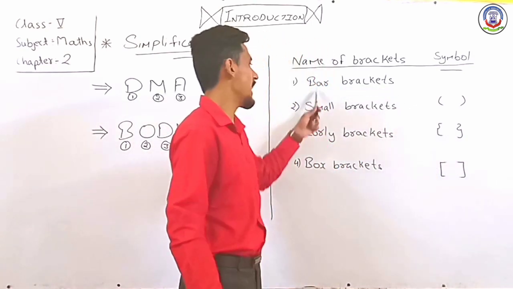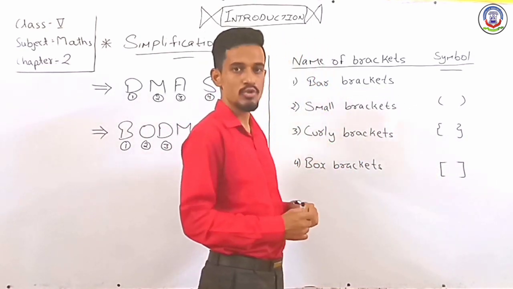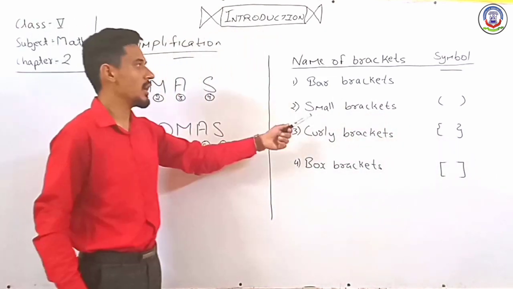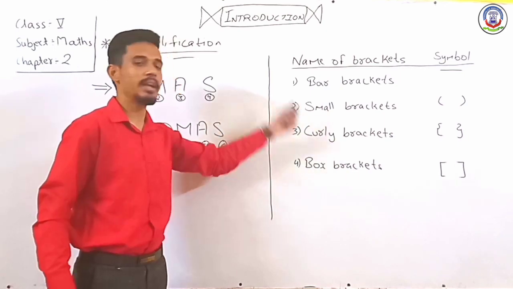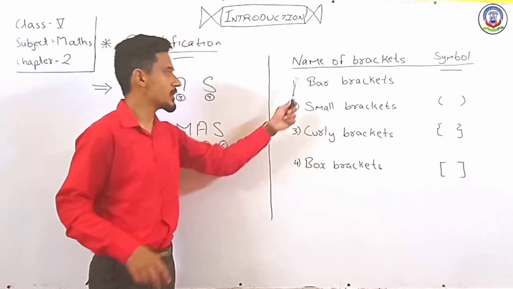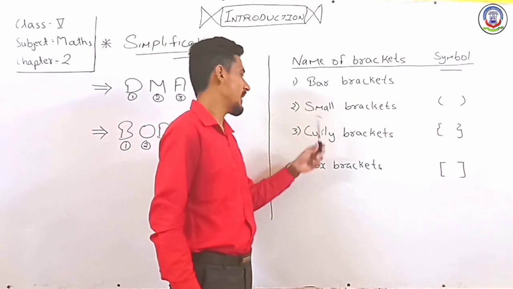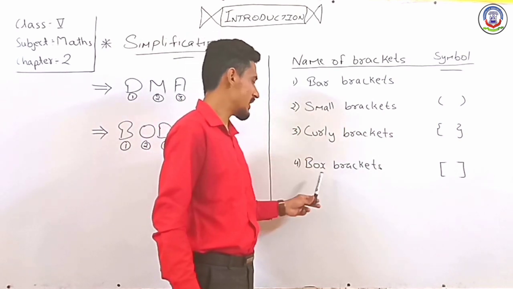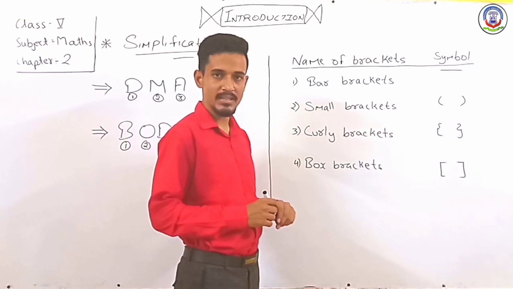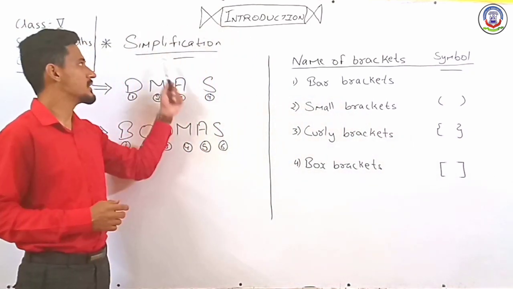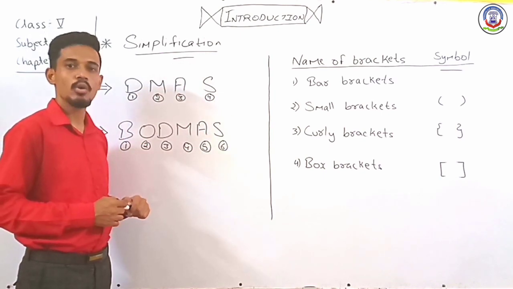अब ये भी एक टाइप का ऑर्डर है जब सॉल्व करते हैं ब्रैकेट्स को. अगर सम में ये चारों ब्रैकेट्स हो तो हम लोग को सबसे पहले सॉल्व करना होता है बार ब्रैकेट, next small bracket, next curly bracket, and in last we have to solve box brackets. So in this way we have to solve the simplification sum. Okay,